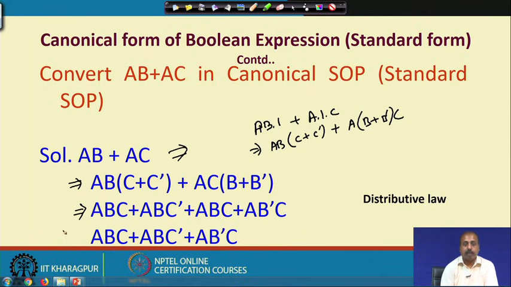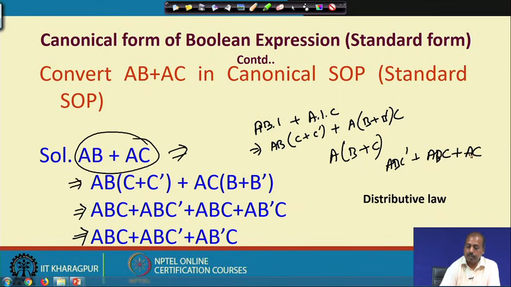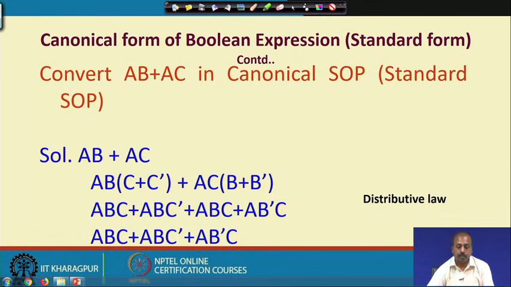Now, you see that some of the terms are appearing more than once, the term ABC has appeared more than once. So you can just remove the duplicate and write it as ABC plus ABC bar plus AB bar C. So this is the canonical form. Whatever be the different forms in which you write this, like somebody may write it as A into B plus C, somebody may write it as say ABC bar plus ABC plus AC. In this way different people can write the same first expression in different forms, but if you convert it into canonical form, then all of them will become the same. That is the beauty of the canonical form.